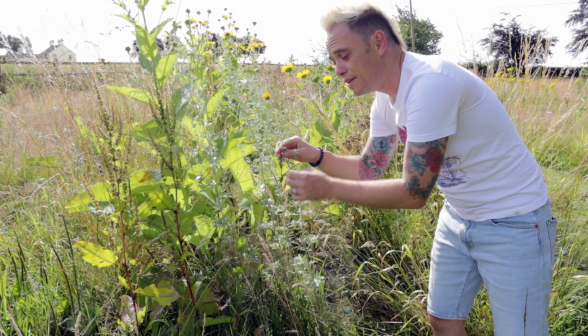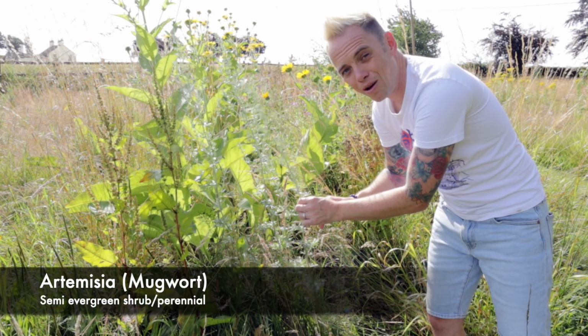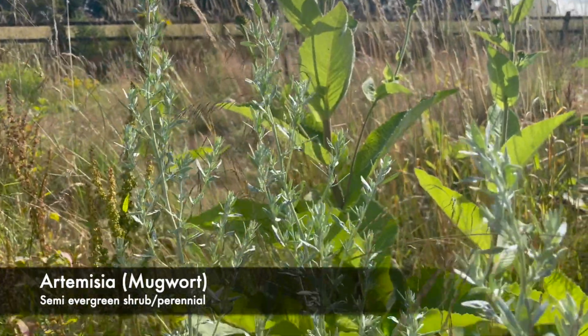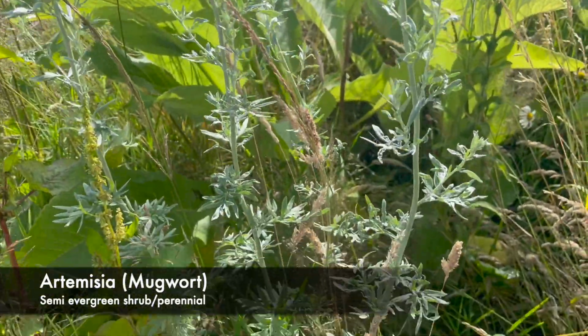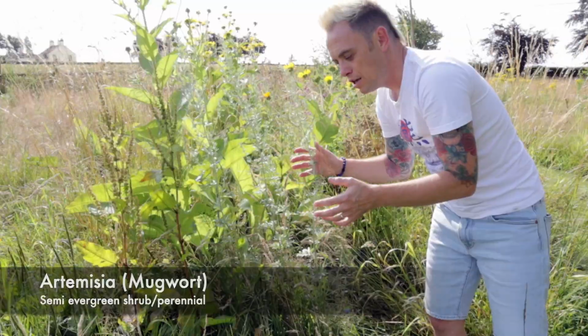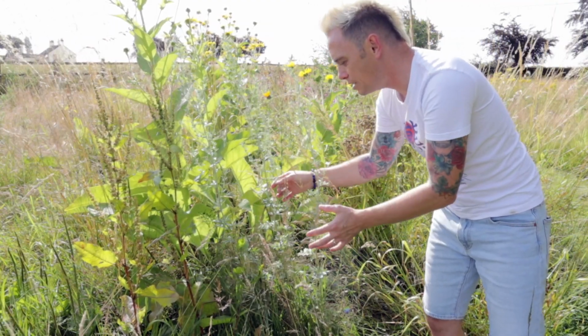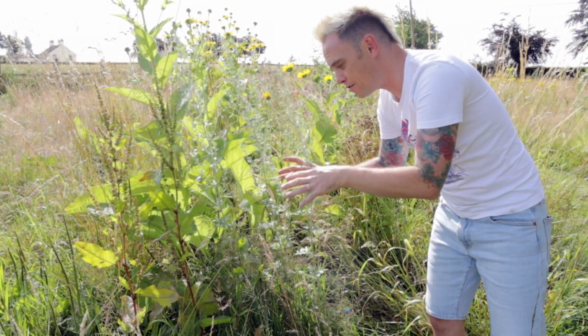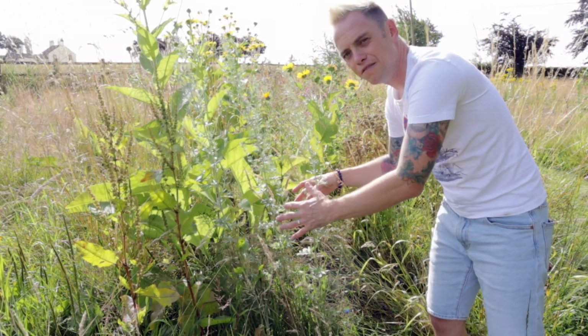Here is another really interesting specimen on the white colour spectrum. Now it's not actually a meadow plant at all. It's sometimes classed as a shrub. It's an Artemisia, otherwise known as a mugwort. And I've popped it in here just to lift some of the darker areas. As I said, it's not really a meadow plant, but it is semi-evergreen. So throughout the winter, if I'm careful when I strip all this back, I can leave this and it will